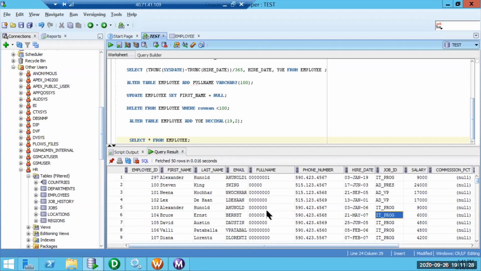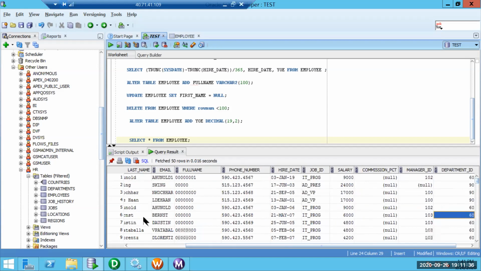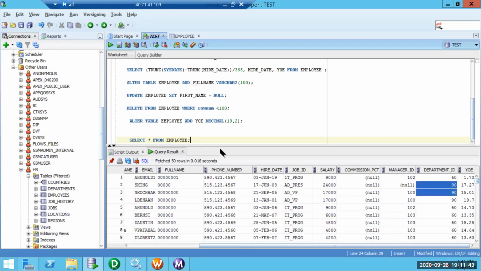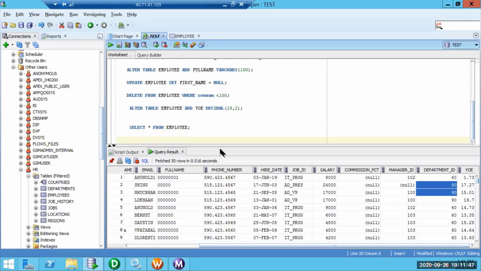Department ID, perfect. I will update the department ID in the employee table to null.